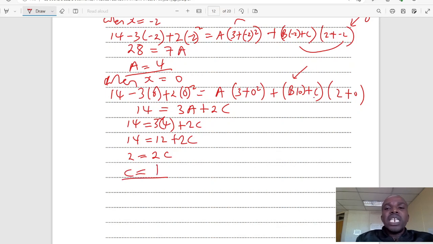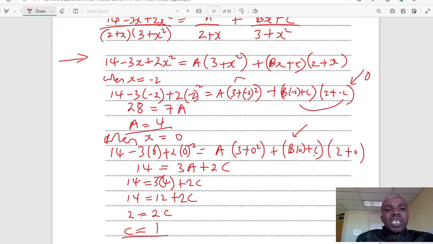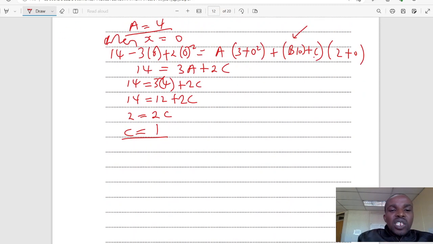Now I'm left to find B. This is the same item that I have to use. To find B, I can just put in any number that I want. Let me put x equals 1. So I can say when x equals 1,